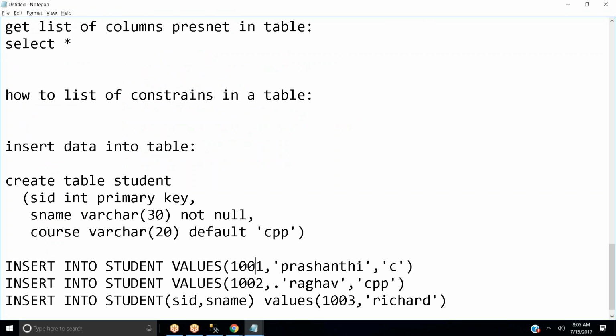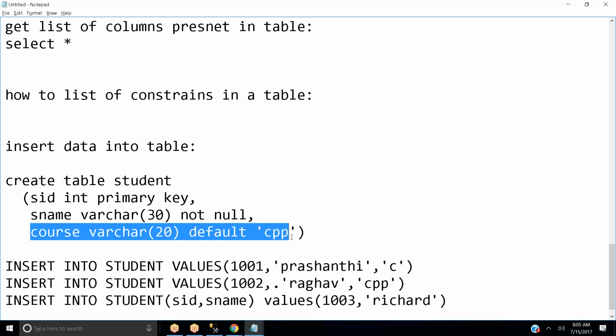Okay, for 1001 and 1002 records have been inserted. Now you want to insert a record called Richard. For this particular record, I don't want to give any course. This column I don't want to specify for Richard's data. So it means you want to insert the student name as well as the student ID.